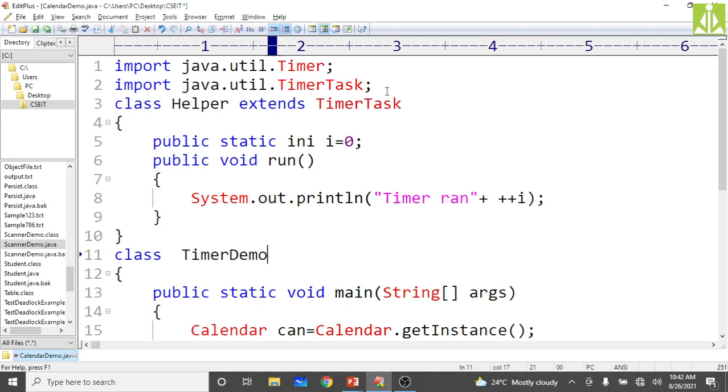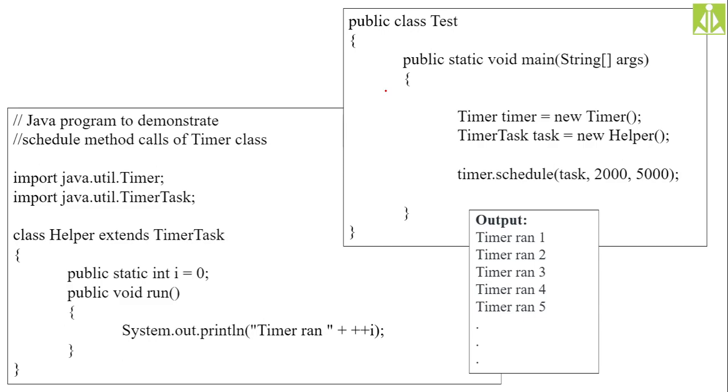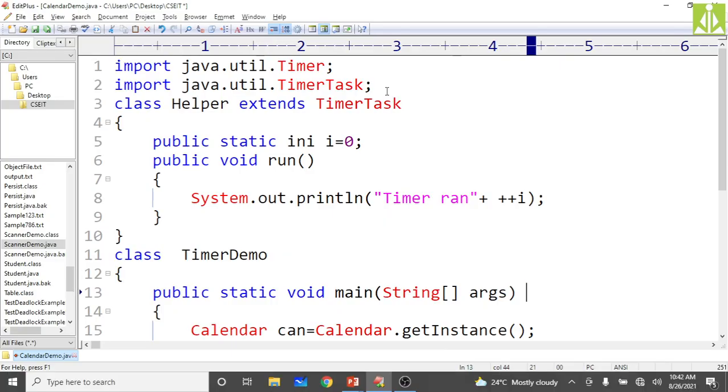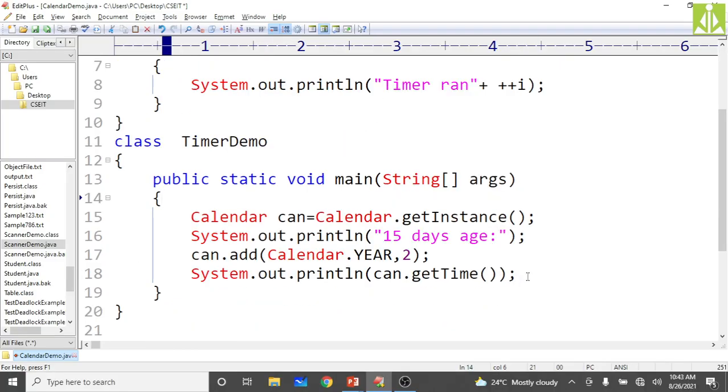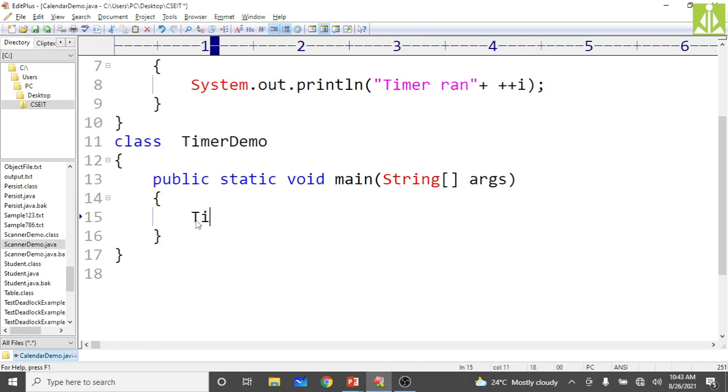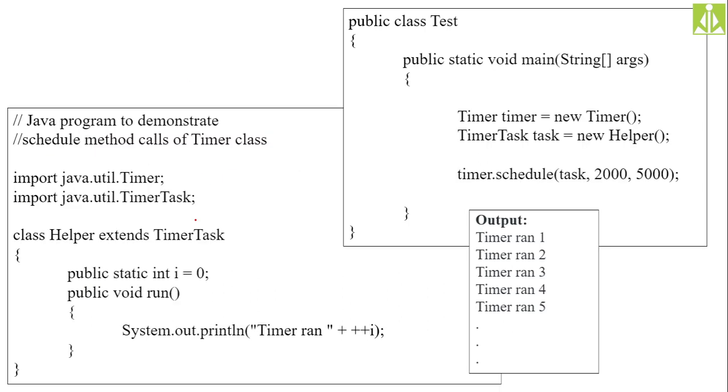Then come down, and inside our TimerDemo, create the instance of the Timer class: Timer timer equals new Timer(). Are we passing any arguments?